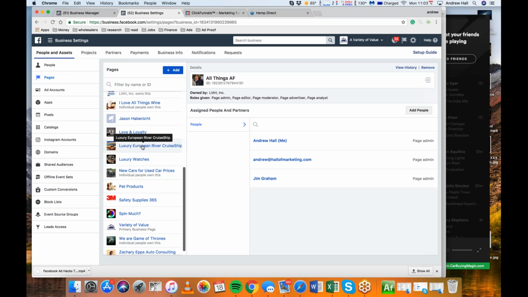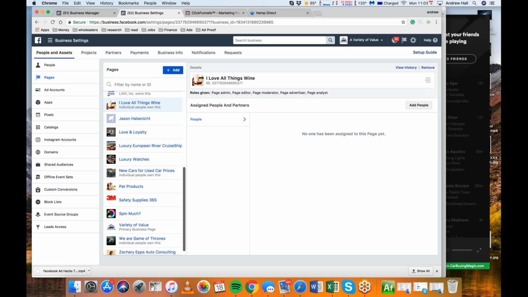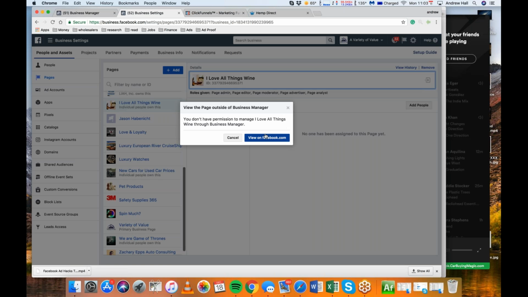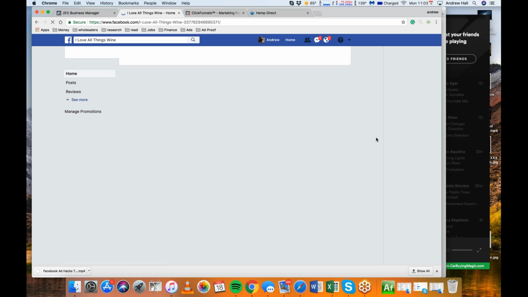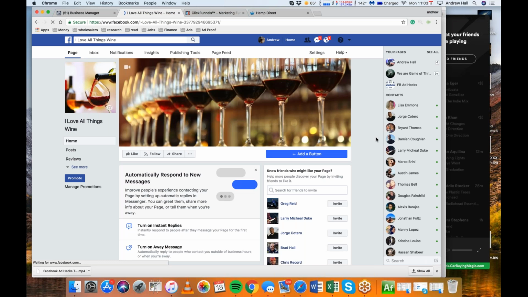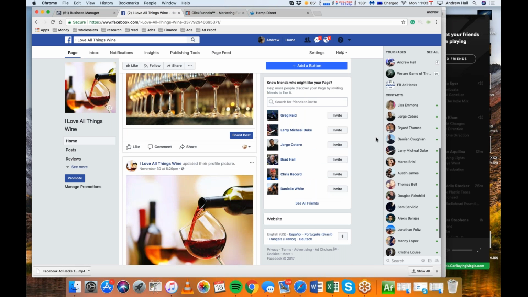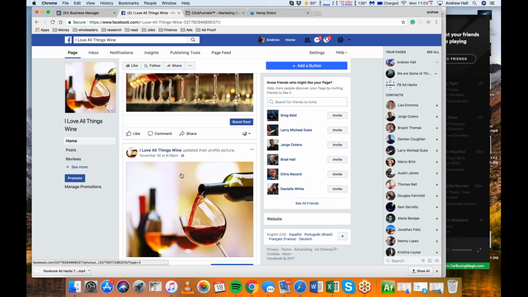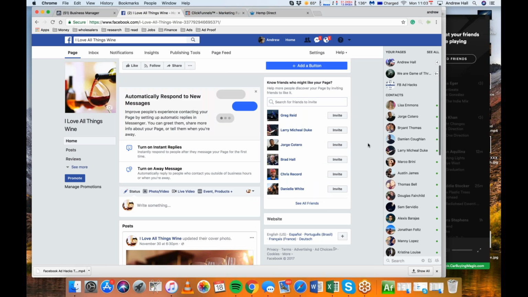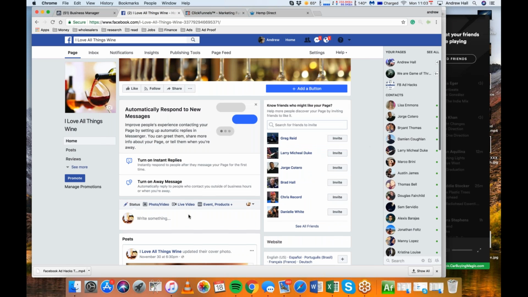You only need to spend time on the cover photo, the profile picture, and the name of the page, with maybe a shop now button. But the name of the page and the profile picture are the two most important things, because of what people see when you launch a post. This one just updated their profile picture, but let's say this is a post right here. We'll just make a post. It's easy. I didn't even add a button to this. That's how unimportant it is.